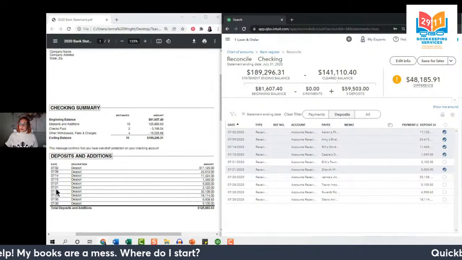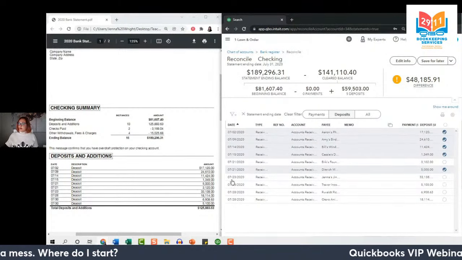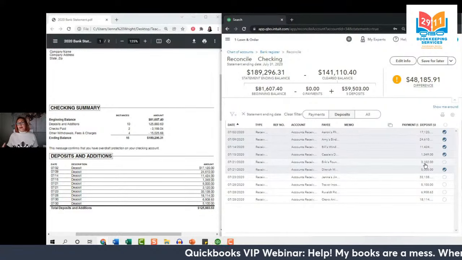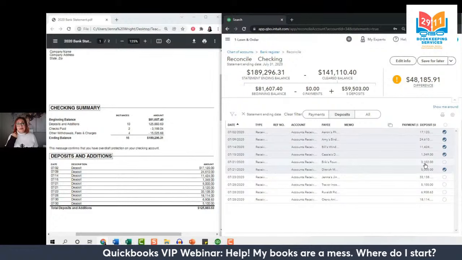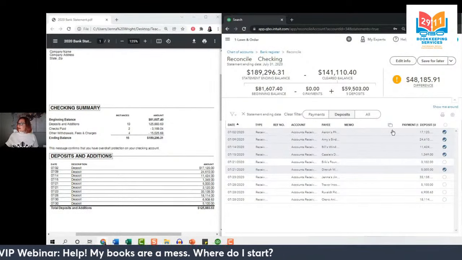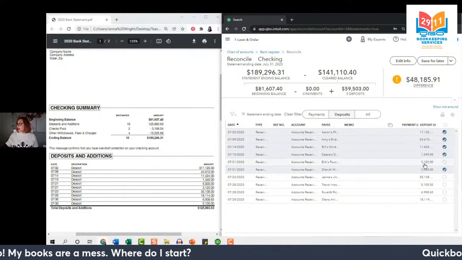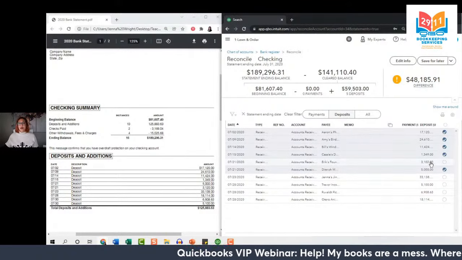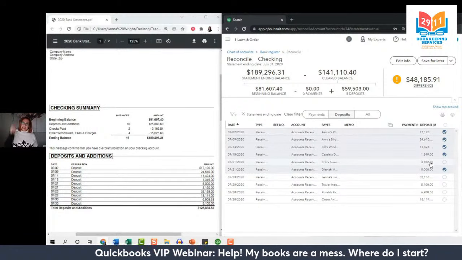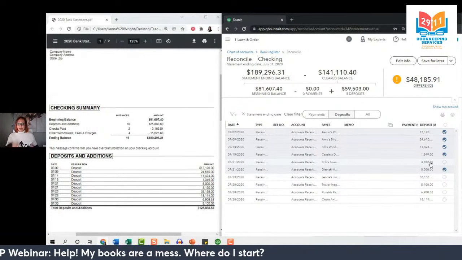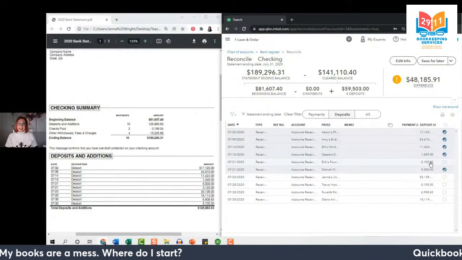Next one, also on July 21st in the amount of $3,120. So here's my other July 21st. And now I'm seeing something else. The amount on the bank statement is $3,120, and the amount of this transaction in QuickBooks is $3,102. It's suspiciously similar. In fact, 2 of the numbers are just transposed. So again, that raises that little red flag, and that means we need to deal with this, investigate it further in the moment so we can clean up the mess.